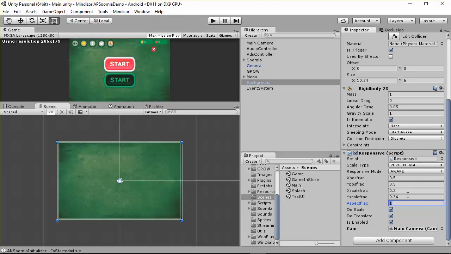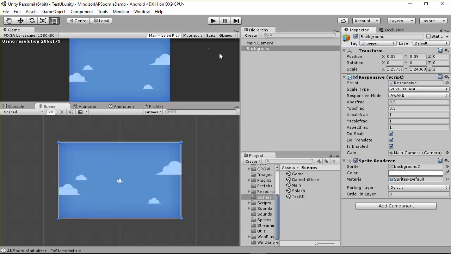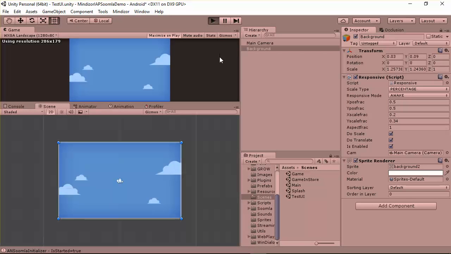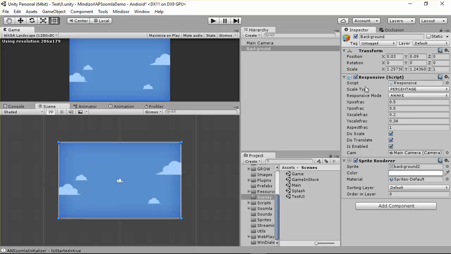So we need to do almost the same thing here for that background, so 0.2 and 0.34, in order to make it responsive in that screen size. So you need to know the ratio of your image, and after that you can apply that to it. So here I can go and set up the x scale, which is 0.2, and here the y scale, which is 0.34. Alright, so right now I can go here, play, and you can see here the background is not responsive, and I can just